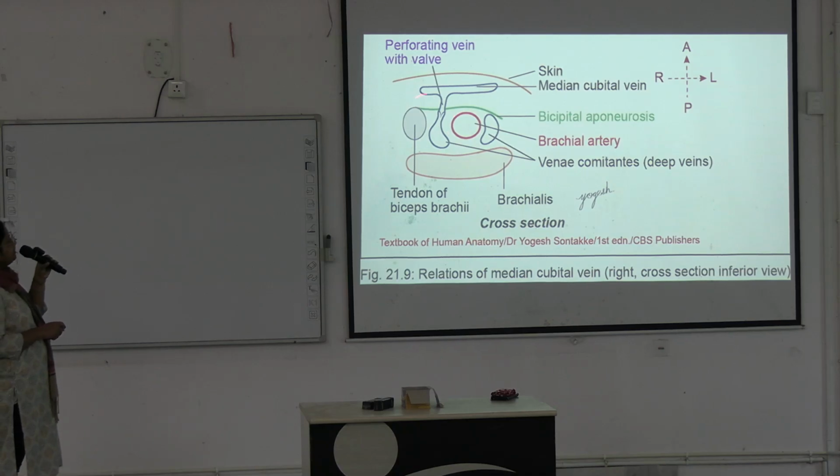Okay, and this is tendon of biceps brachii. From its extension is the bicipital aponeurosis and you can see the perforating vein is piercing through the bicipital aponeurosis and also you can see one valve. These are the valves present in the perforating vein and valves are guiding the blood from superficial to deep vein and prevents the regurgitation of blood from deep to superficial. And this is brachialis muscle which is lying deep to these structures. Okay, understood? So the schematic diagram like this you practice.